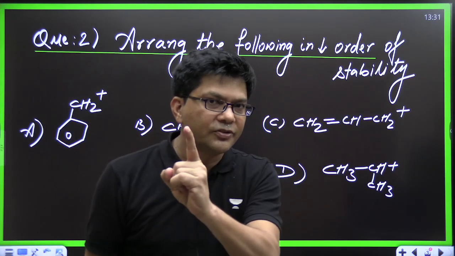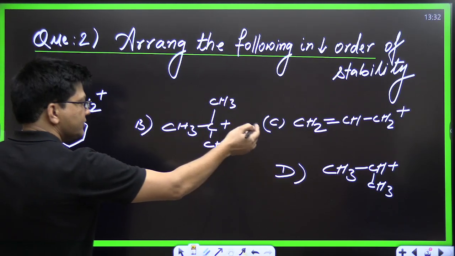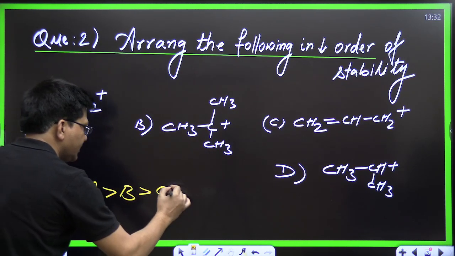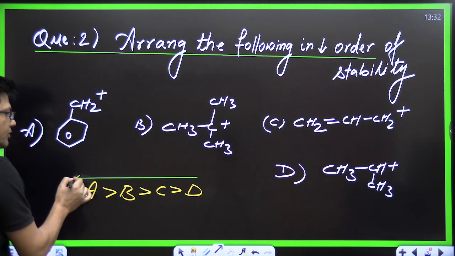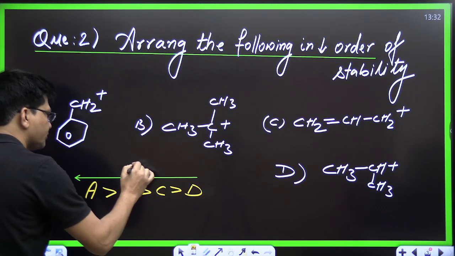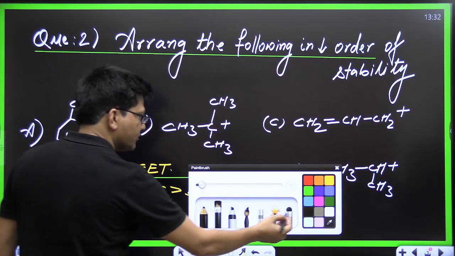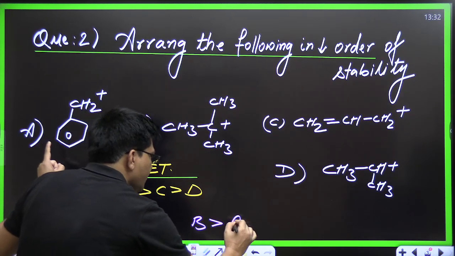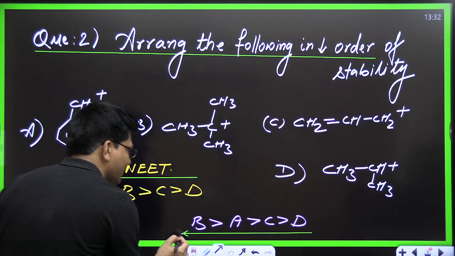For NEET students, the answer is A, B, C, and D. This is the answer for NEET students. But if I say for IIT students, the answer will be B, A, C, D. Now you will say, sir, what is this? IIT and NEET. Kids,